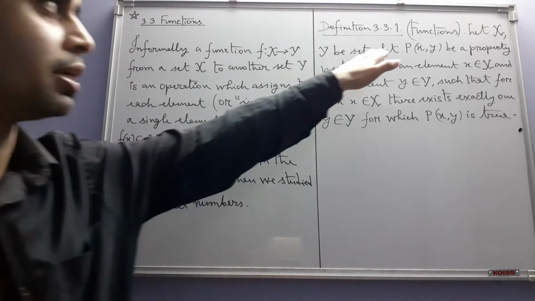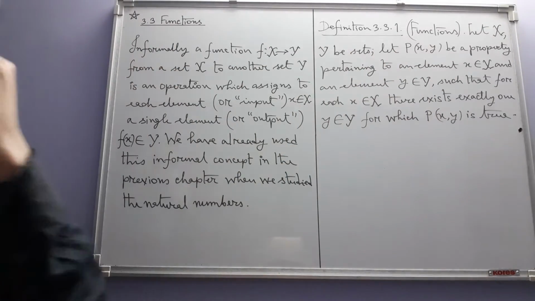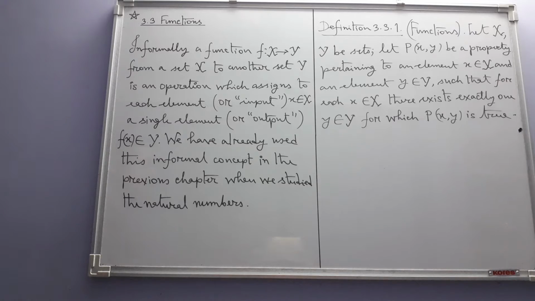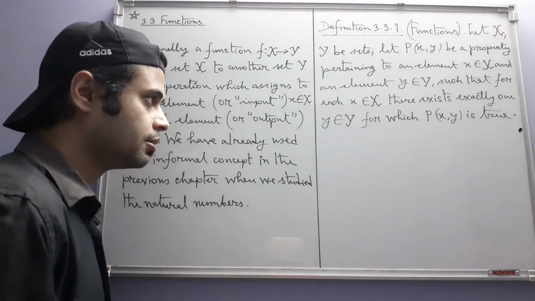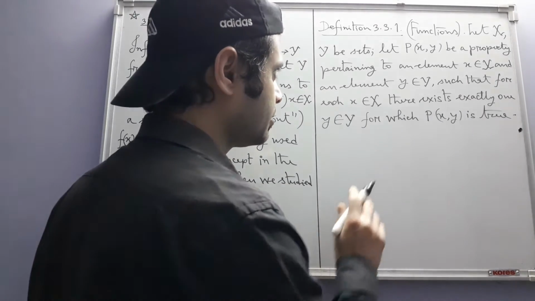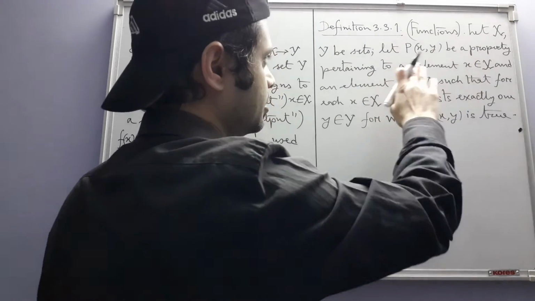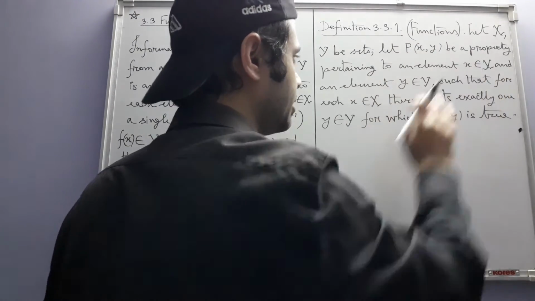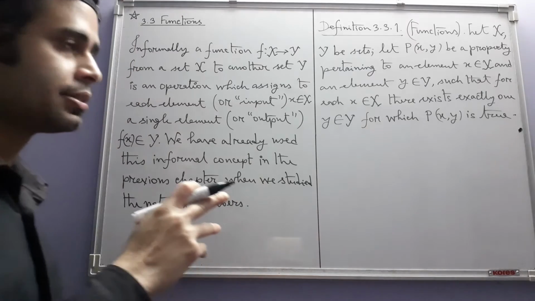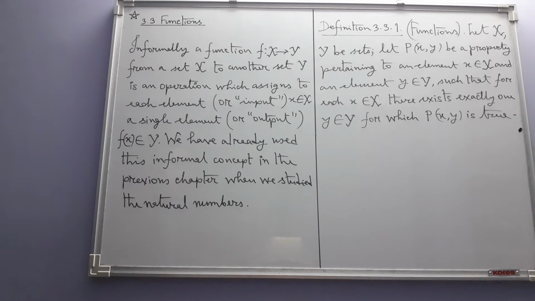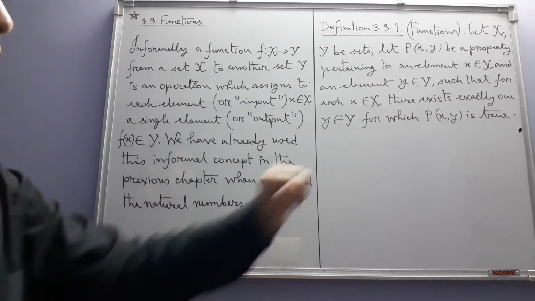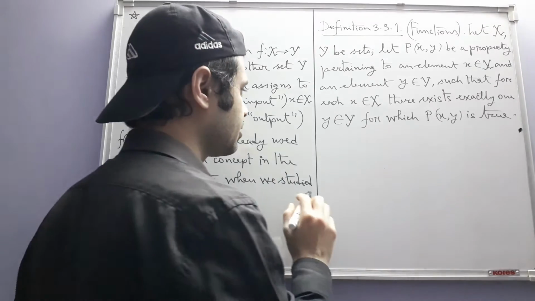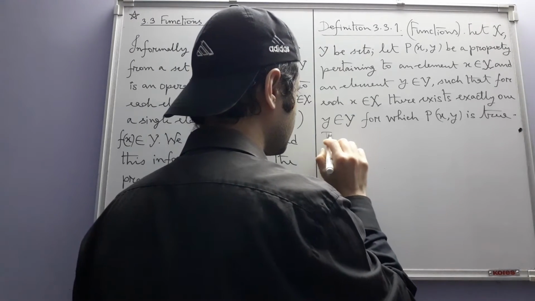That's what we mean by the property pertaining to this choice of elements. But there is a condition, and the condition is that for every element x in X, there is exactly one element y in Y for which this property is true. This is the condition. Then